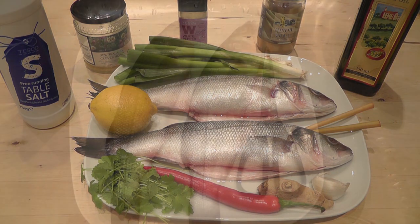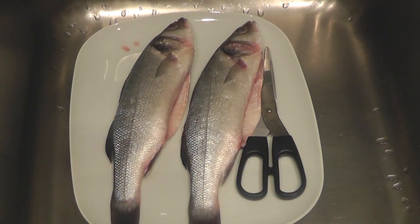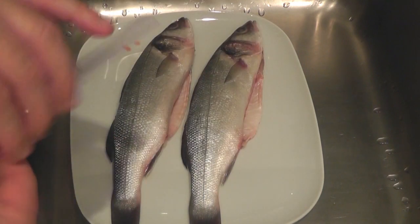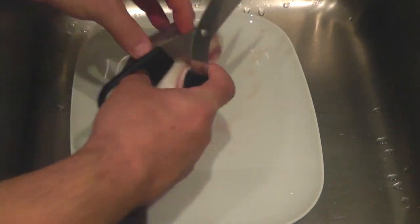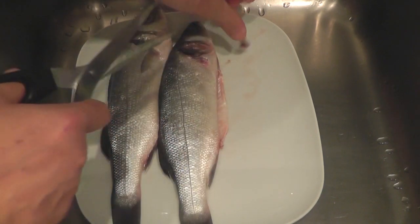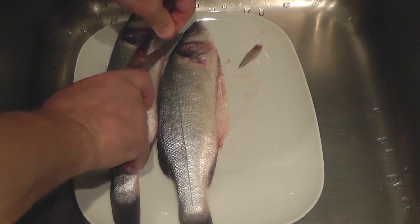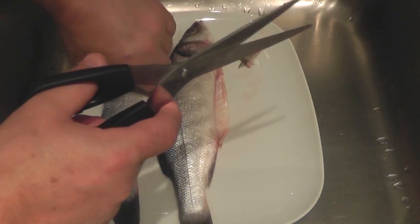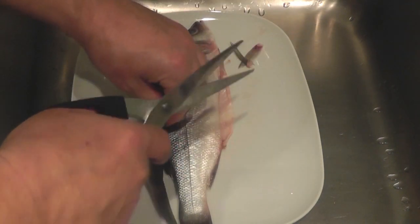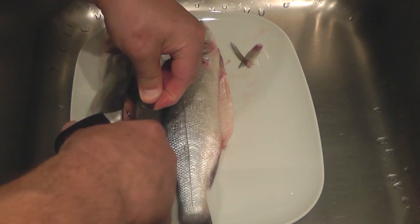So what I'm going to do first of all is go over to the sink, get my fish all ready to go, and then we can start preparing all the vegetables and get it all ready to put in the oven. Now I'm just going to prepare my fish. I'm actually going to cut these fins off, because you don't really want those when you're eating your food. And also, along the back here, you can cut it,